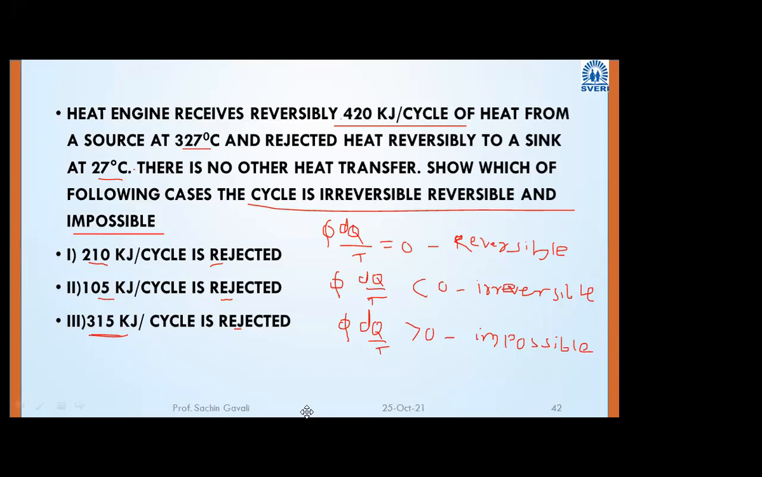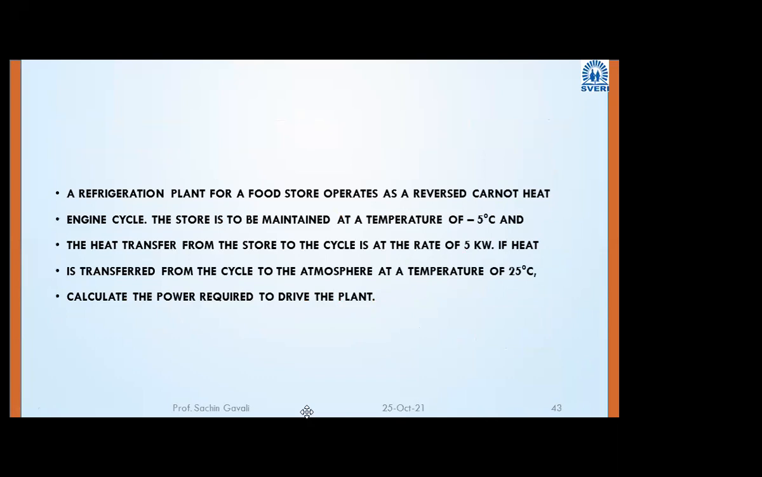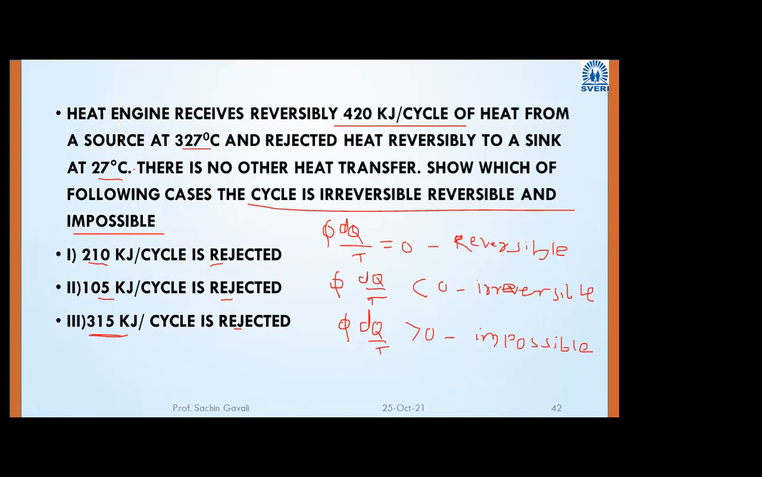Okay. So in this numerical, we have to calculate the cyclic integral of dQ by T in each and every case. And therefore, to have the cyclic integral of dQ by T,